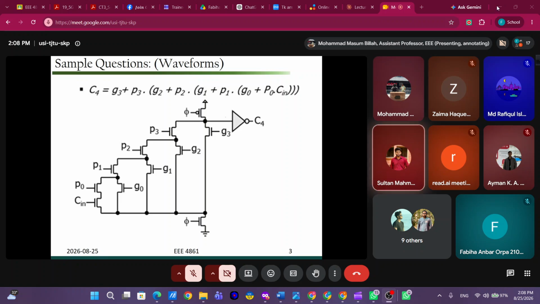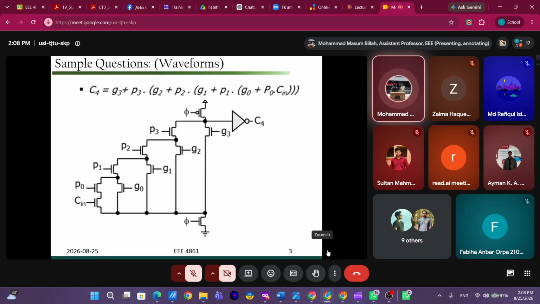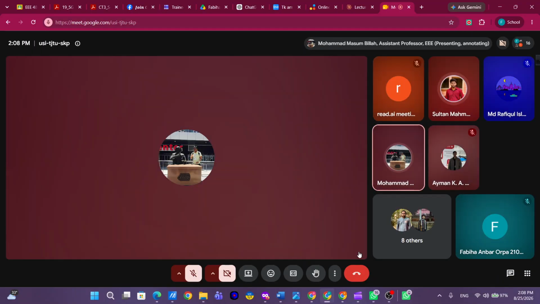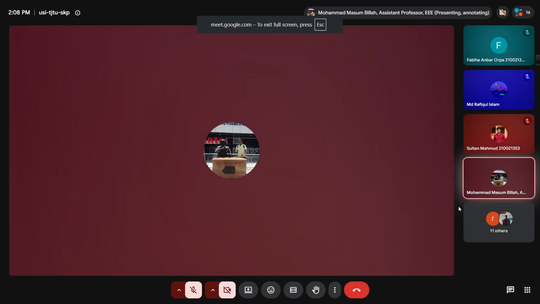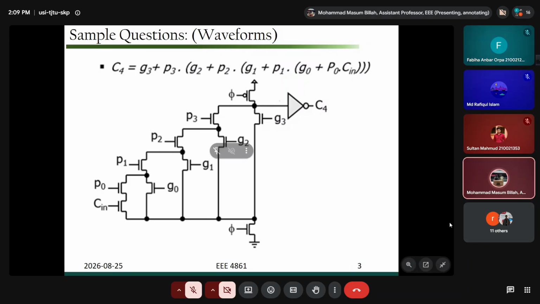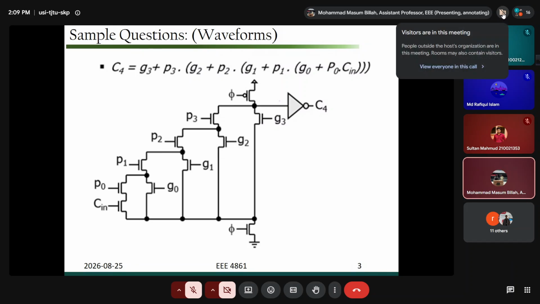Yes, sir. Okay. So P represents propagation, G represents generation, and C represents carry here, right? And phi should be the clock input. So in that way, the circuit can easily distinguish what will be the output carry, or C4, when you give some sort of inputs, right? Whatever P naught and C input will be